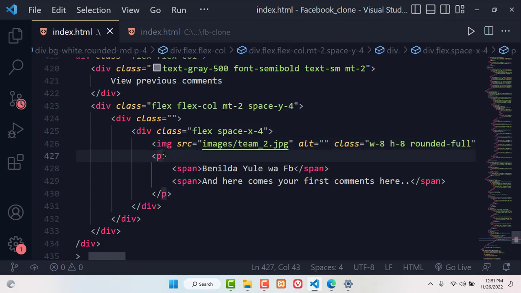This is where we are going to add a few classes, and because we want it to appear in a column, we're going to use flex-col. That way they will be aligned in a column, and also the space between them, so space-y-1, and also for the text, let's use gray-500,